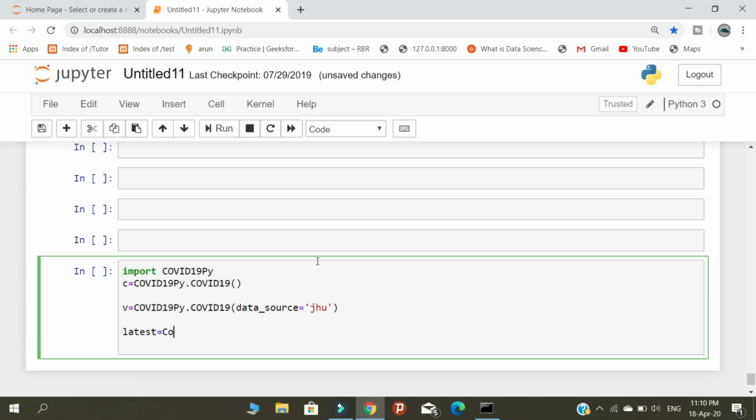So create a variable called latest, and using this variable we are going to print the latest information about the coronavirus. So COVID-19 dot.